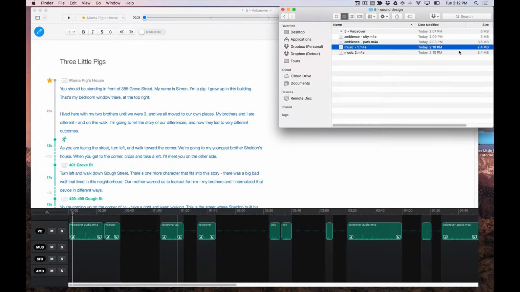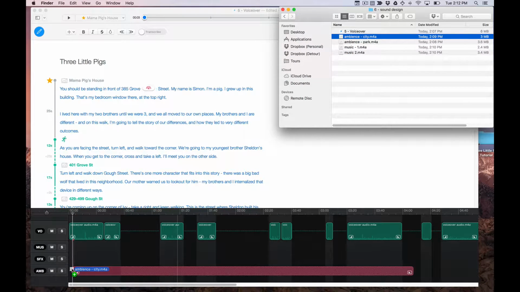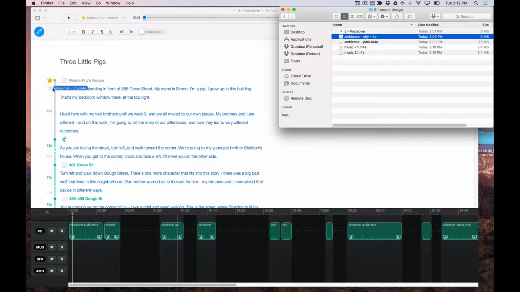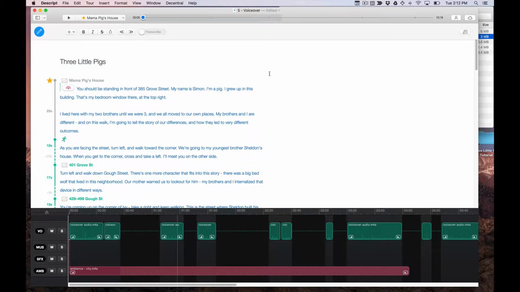The way that I add stuff is I just take ambience, for example, and I can either drag it directly into this sequencer view, or I can just drag it where I want it to start in the script. And that's the way I usually work. It just asks you what kind of audio you want to add. You want to add ambience. And now when I press play,